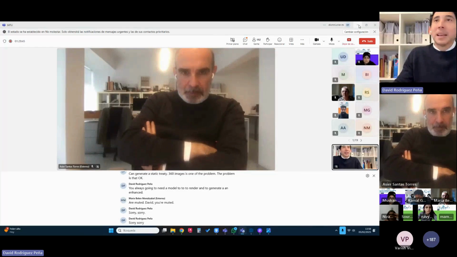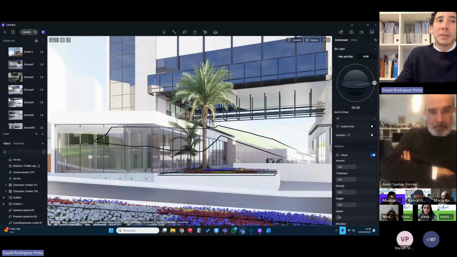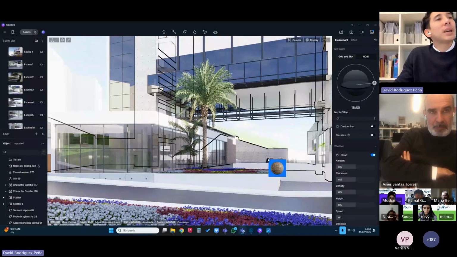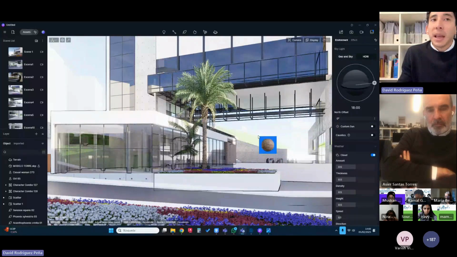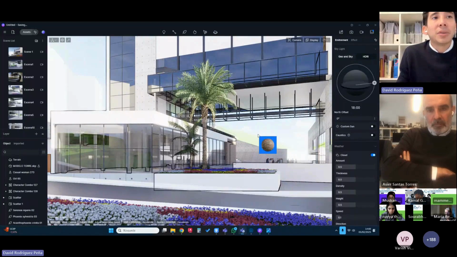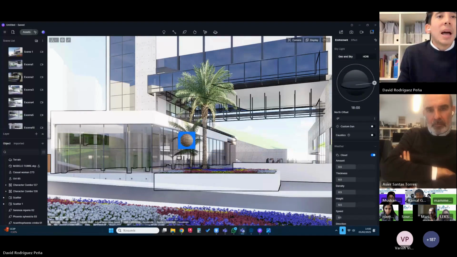Sorry, everyone. The limit that we have right now is that we can only render static 360 images in this software. I know that there are other software packages where you can do a path or a walkthrough of the building in 360. But in D5, you can only generate 360 images. And the other thing,